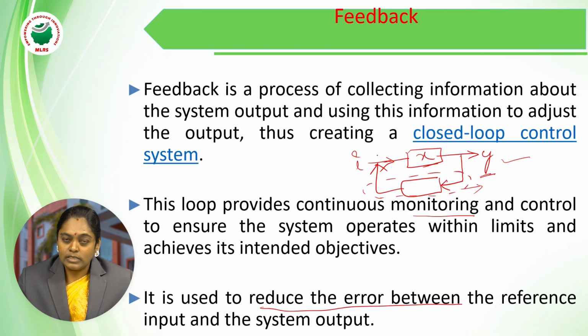So this is the basic idea of what feedback is, how and why we use a feedback control system in a closed loop control system, and why we call this system a closed loop. As we are giving some part of the output signal back towards the input, it forms a loop, and that is the reason it is called a closed loop control system.